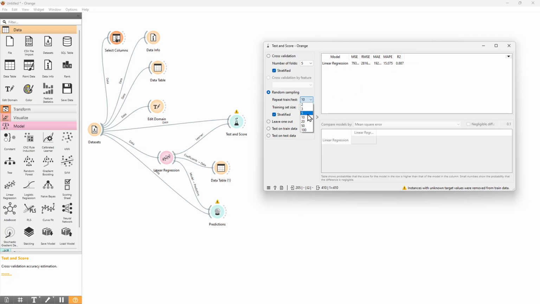So you can, again, change this too. You can make it lower, you can make it more. If I do 100, for example, it might take a bit more time. You see it's much slower because it runs it 100 times. The more runs you have, of course, because there are so many different runs now, the more reliable this output is